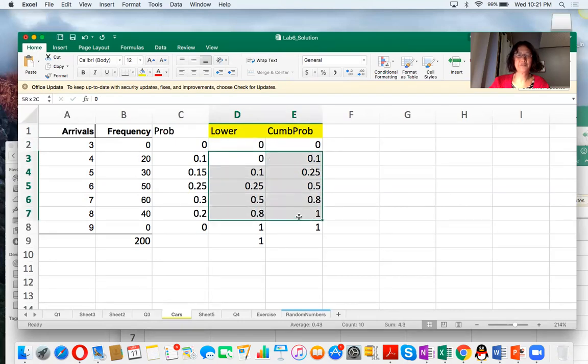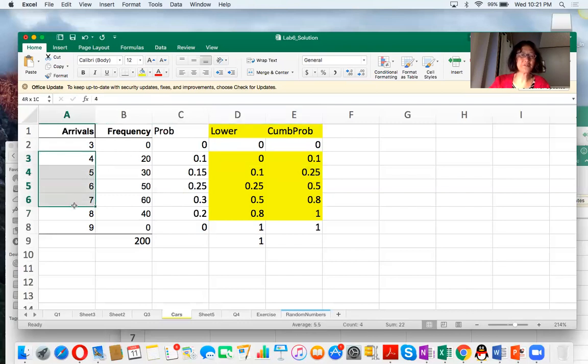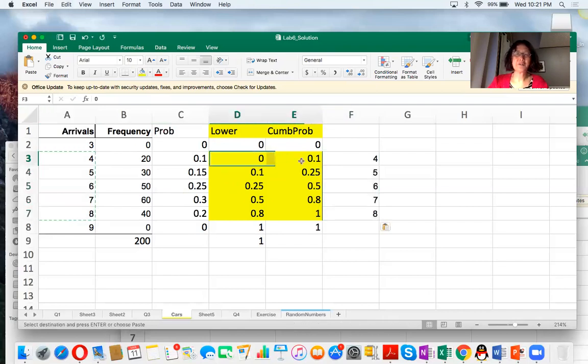Okay, we can use this one as our discrete probability distribution table here. The range: the probability from 0 to 0.1 and the probability from 0.1 to 0.25, and those correspond to this number here. So you copy this number to here. Later on, we'll use this